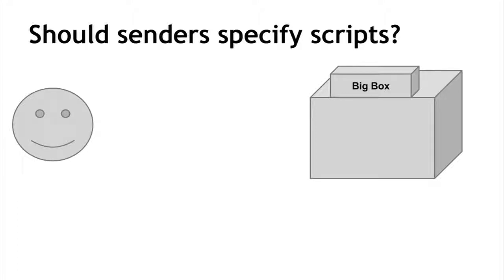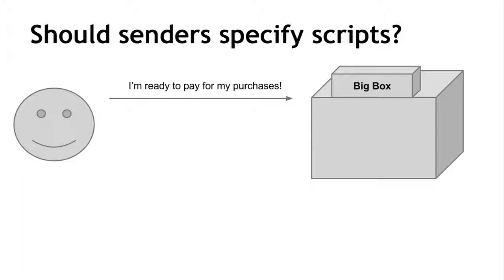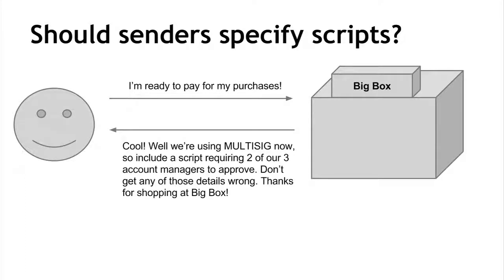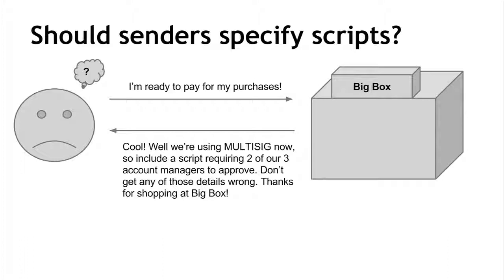the script exactly. So this might be funny if you're a consumer, you're shopping online, you're about to order something and you say, all right, I'm ready to check out, I'm ready to pay, tell me the address where I should send my coins. And the retailer came back and said, oh, well, we're doing something fancy now. We're using multisig. We're going to ask you to send the coins to some complicated script. You might say, I don't know how to do that. That's too complicated. As a consumer, I just want to send to a very simple